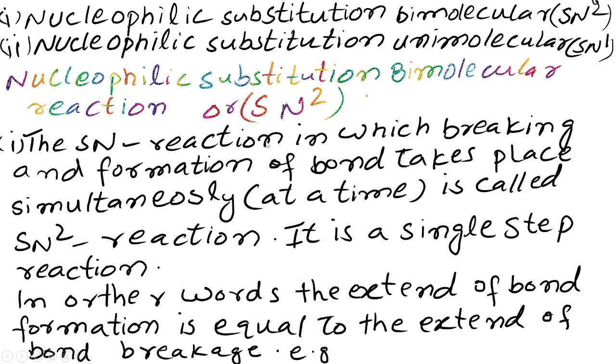In SN reactions, SN stands for nucleophilic substitution reactions, in which breaking and formation of bond takes place simultaneously. Simultaneously means at a time. This is called an SN2 reaction. It is a single step reaction because it completes in one step. In other words, the extent of bond formation is equal to the extent of bond breakage. Means when a bond is formed, at the same time the old bond will be broken and a new bond will